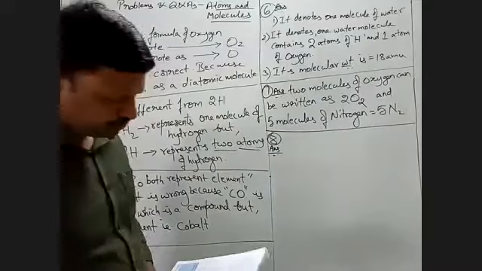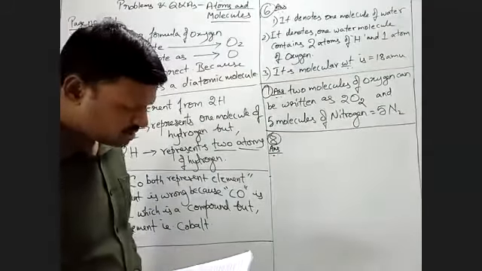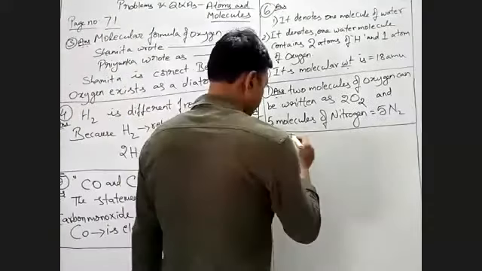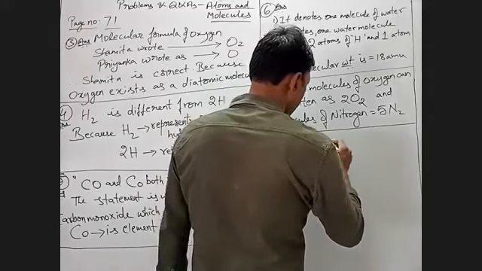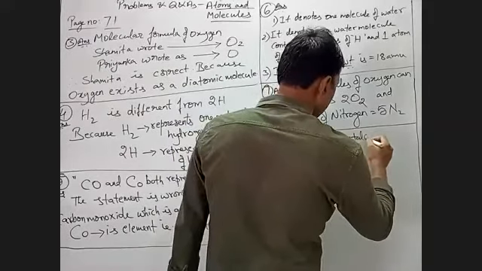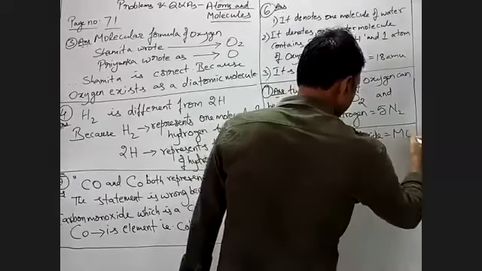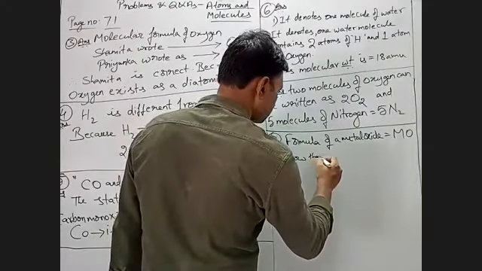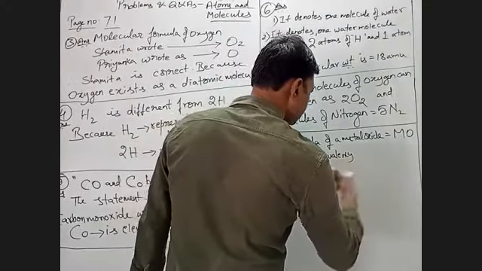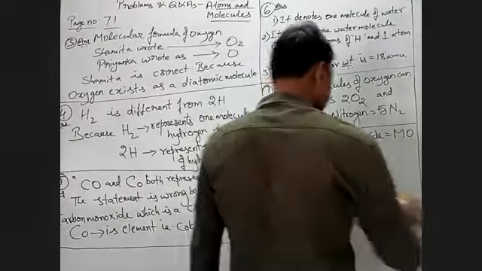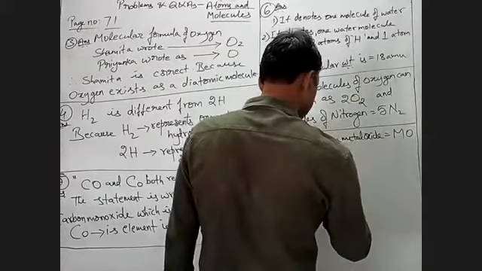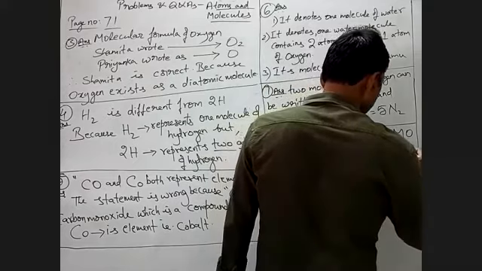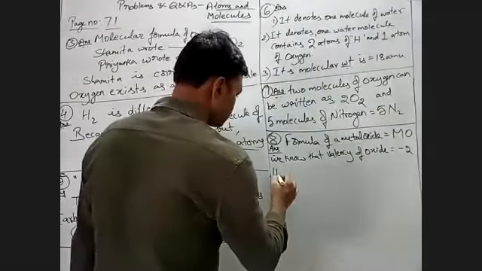Then let us see the eighth question. The formula of metal oxide is MO. Then write the formula of its chloride. Formula of a metal oxide equal to MO. Okay, we know that valency of oxide equal to -2. Hence,